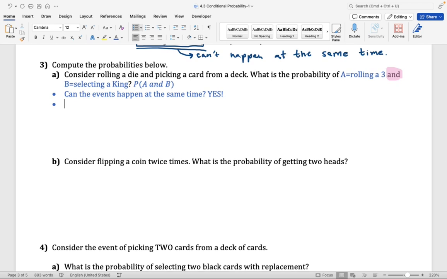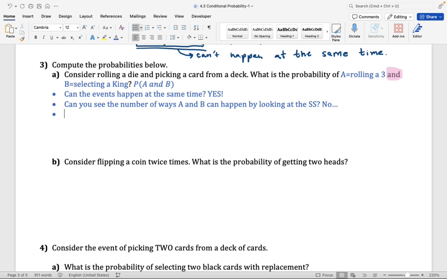Next, we're going to ask ourselves, can you see the number of ways A and B can happen by looking at the sample space or looking at a table? I'm not going to write that here because we don't have a table. The answer to this question is maybe. I can go ahead and list out all the possible outcomes of rolling a die and picking a card from a deck of cards, but that's going to take me a long time. So I'm just going to say no. I'm not going to take the time to write all the possible outcomes in the sample space.